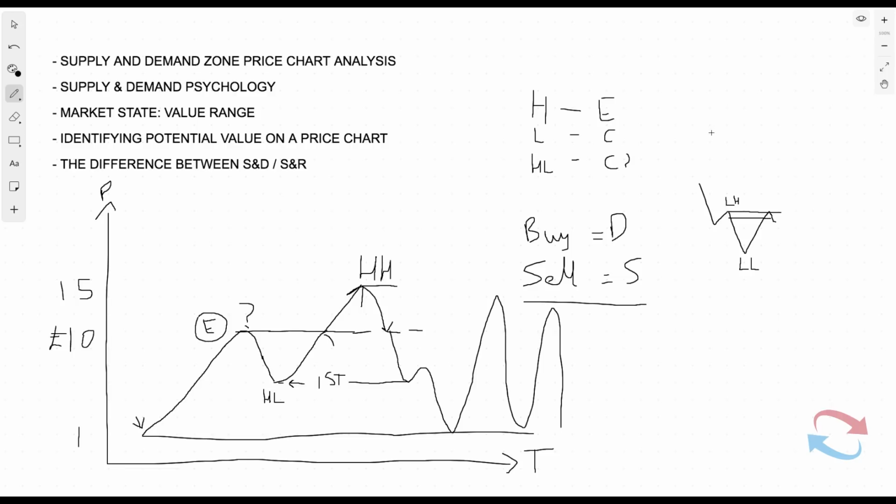And obviously, with currencies, we are buying and selling one currency against another. So if we were again just using the euro USD, then a downtrend would represent buying the quote currency. You'd be buying the US dollar, so you would be looking at this as potential value, buying the US dollar. And then if prices came back up to here again, this is where you'd be buying the US dollar again,